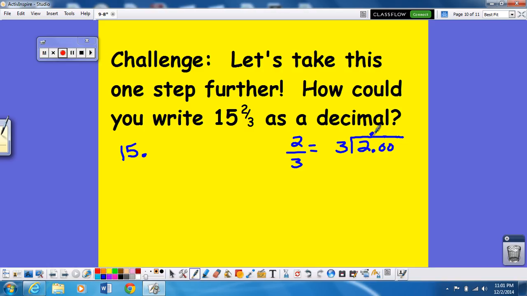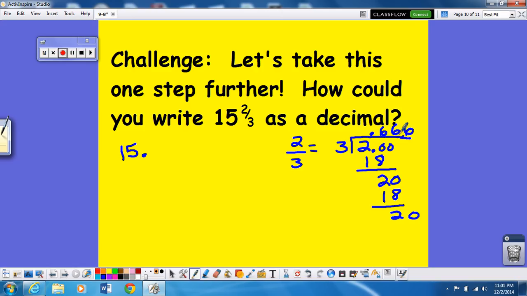Bring that baby up. 3 doesn't go into 2, but it does go into 26 times. 3 times 6 is 18. Bring it down. 3 goes into 26 times. 6 times 3 is 18. Subtract, bring down. You notice there's a pattern here. It's going to continue with 6s. So if I were to go one more